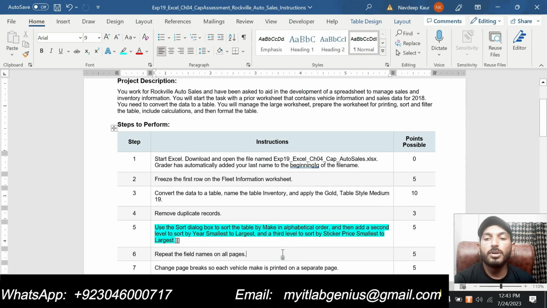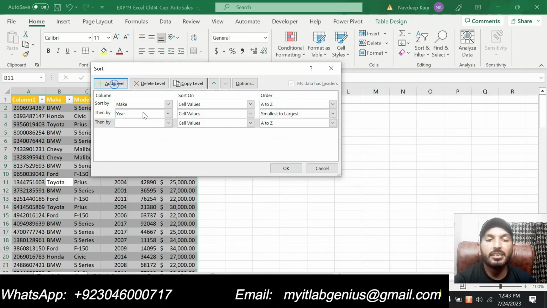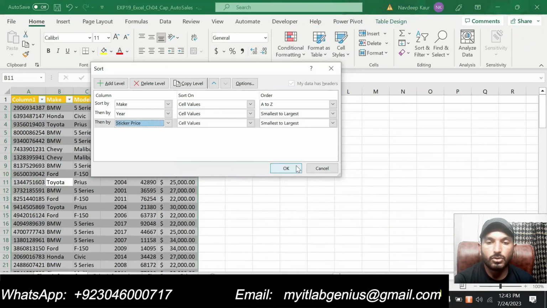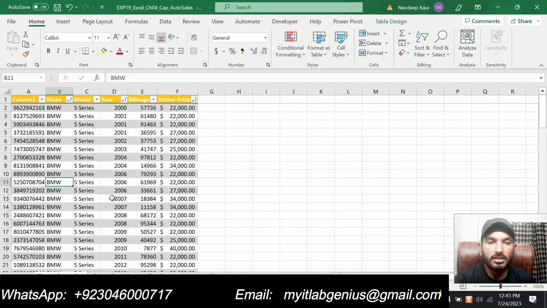Now we are supposed to add a third level to sort by sticker price smallest to largest. So I will add a new level and it should be sticker price, from smallest to largest. So now you can see that we have sorted the table by make, then by year and then by sticker price.